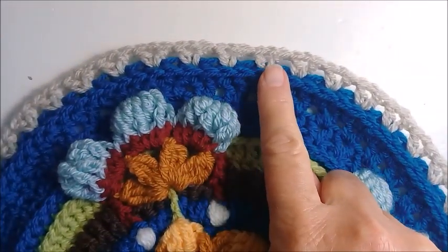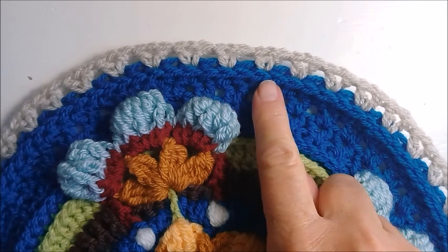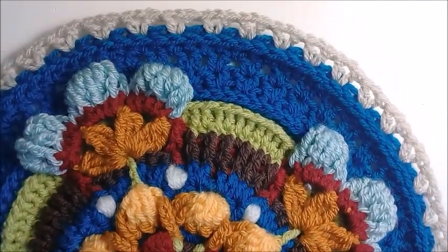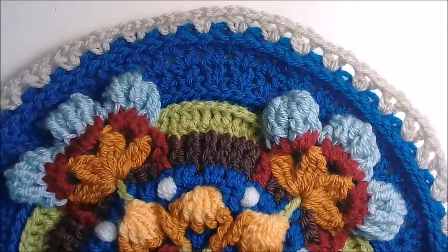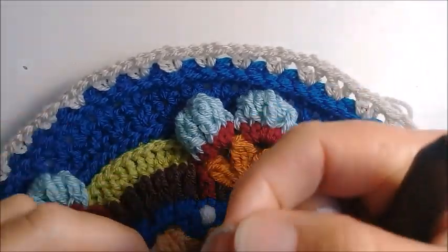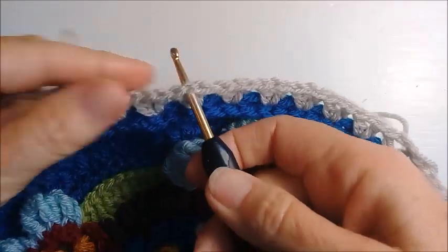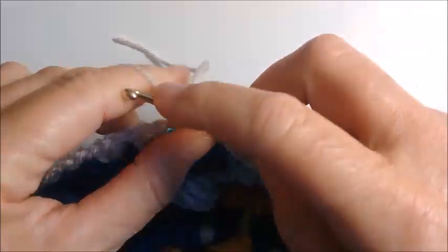You should have 46 double crochet V stitches. So double crochet, chain 1, double crochet. Okay, and I shall see you at round number 26. Okay, so now for round number 26 and round number 27, we're going to do exactly the same, all right, as we did for round number 25. So you're just going to be working into the chain 1 spaces,